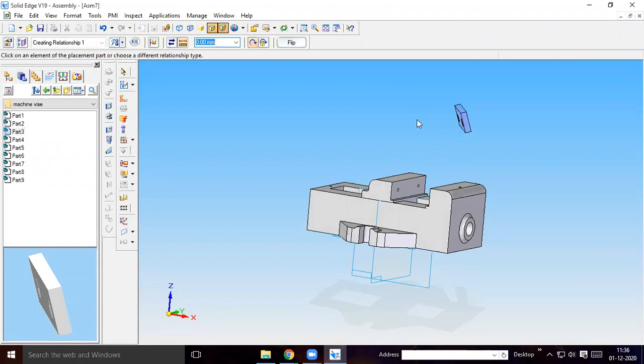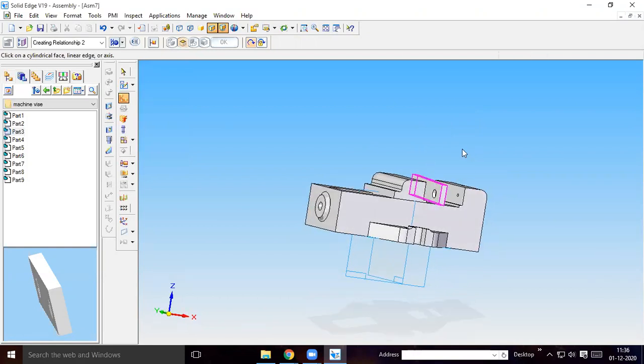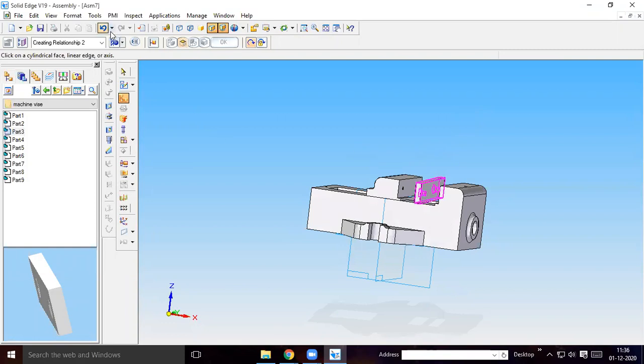So then we use axial alignment of this hole with this, and again the axial alignment of this hole. I think it has to come on the other side.